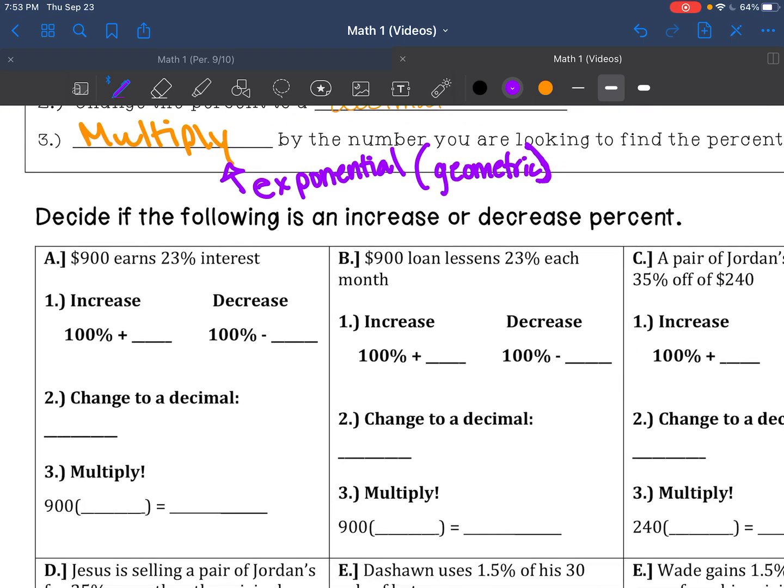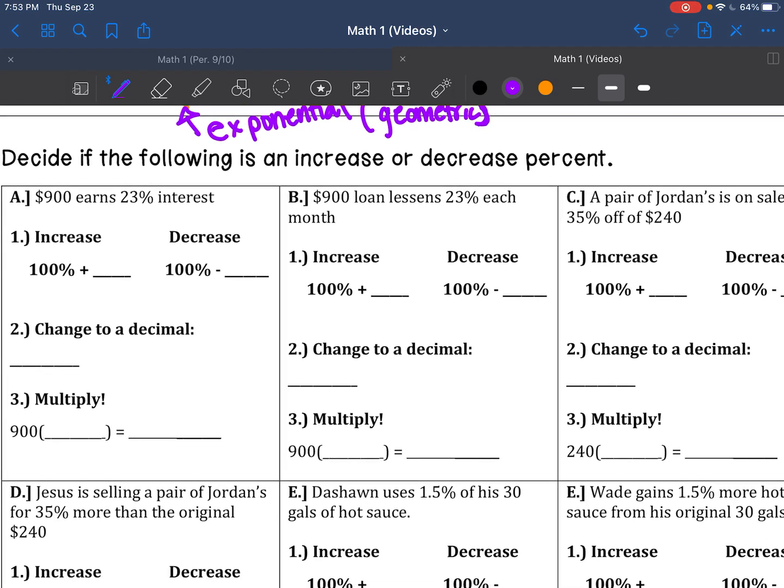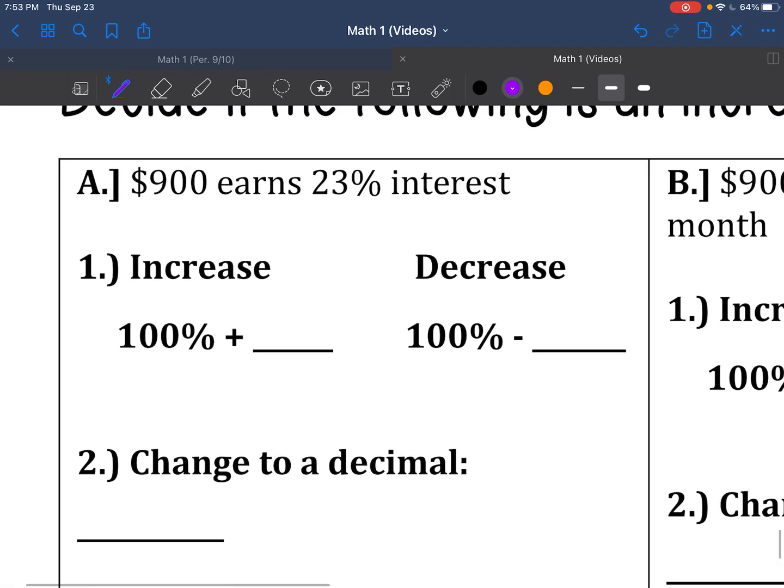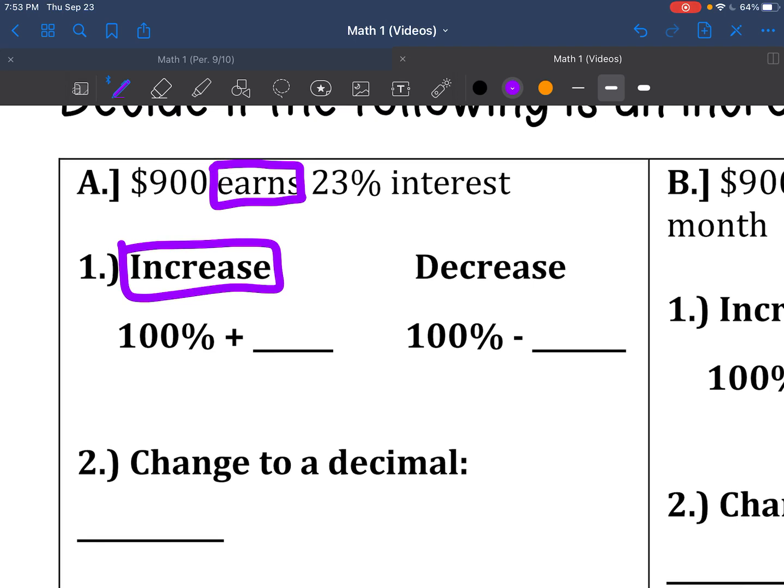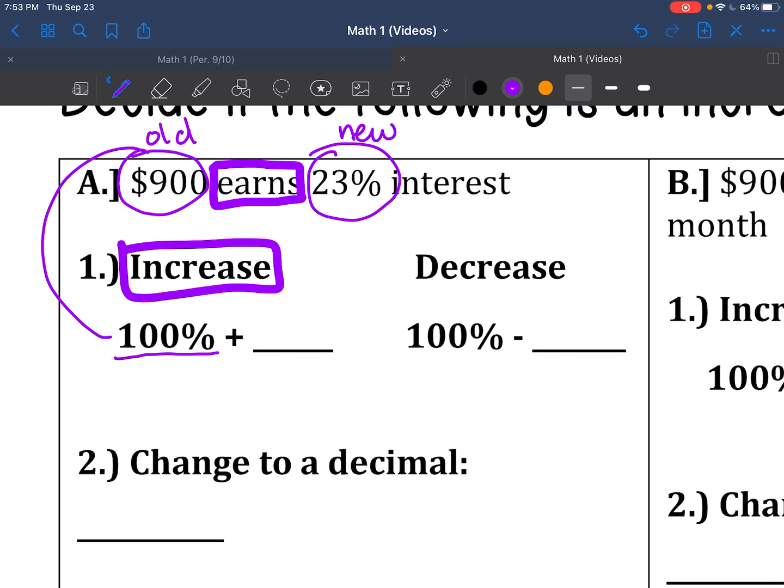All right. So let's go through this and decide if each is a percent increase or decrease. So $900 earns 23%. Earns is how I know we are increasing. When you earn something, you're getting more of it. And again, this 100% represents the old money we started with. Then we add on this 23% of new money. So 100% plus that 23% gives us